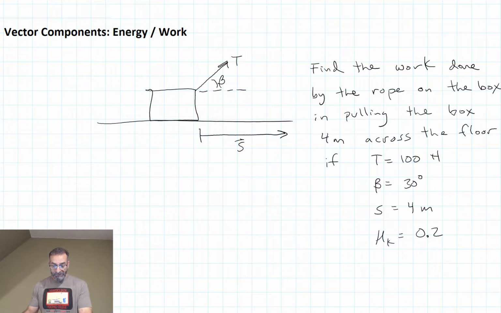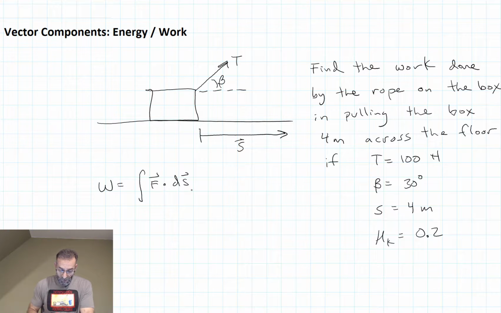In this problem, we're looking to find the work done by the rope that has a tension T as we pull this box across the floor with a displacement of 4 meters. And work is a dot product, the force with the displacement vector. I'm using S instead of X like I've used in the past because it doesn't have to be a one-dimensional problem. It doesn't have to move in the horizontal direction. Our object could be moving vertically or at an incline, and so S is a little more general for a displacement. Of course, if the force is constant, then this becomes